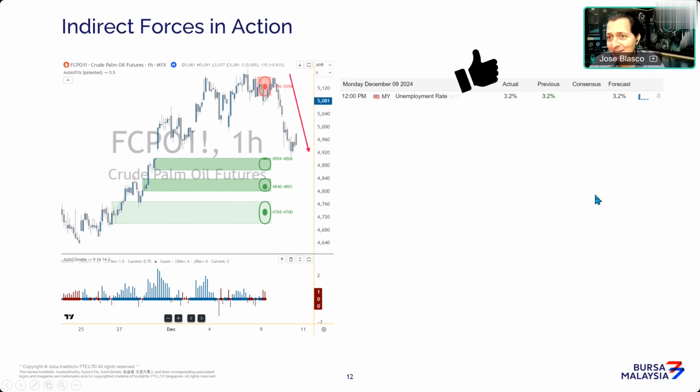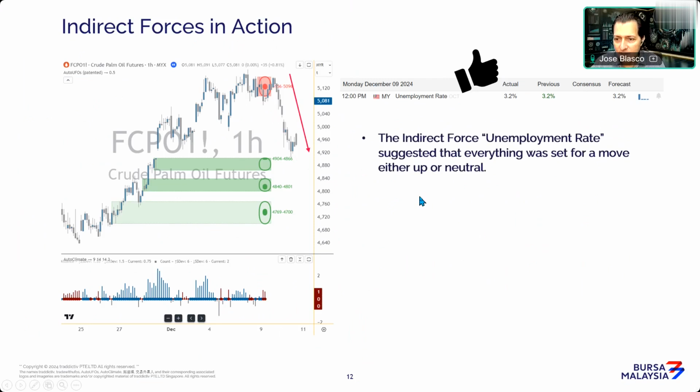And this is, by the way, I'm going to call it my interpretation, okay? Because, of course, I am respectful, as I said, to all market theories out there, even though the market is the boss. Market is the Lao Pan, isn't it? So even though that's the case, my interpretation is that's why sometimes you have a good news and the markets fall. That's why you have sometimes a bad news and the markets rally. It is because on the other side of the news, you had the same type or the opposite type of orders waiting to be filled. So the indirect force in this case was the unemployment rate.